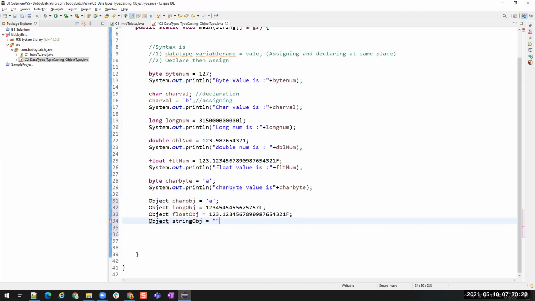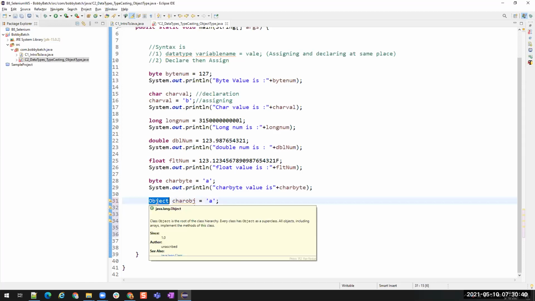String object is equal to... You see, I'm able to store a long value, able to store a float value, able to store a string, able to store a character. I'm able to store anything inside an object because object is of generic type which can store any type of